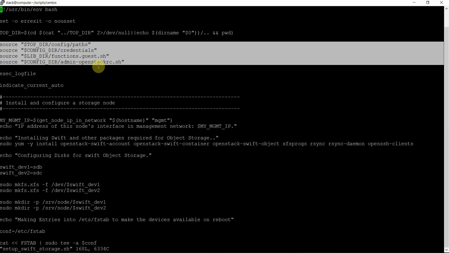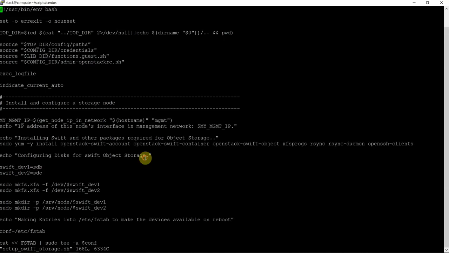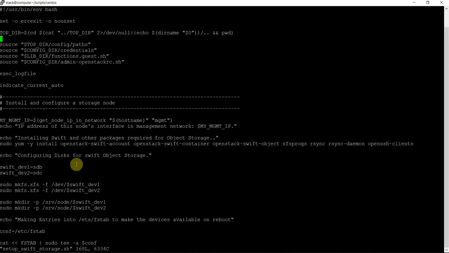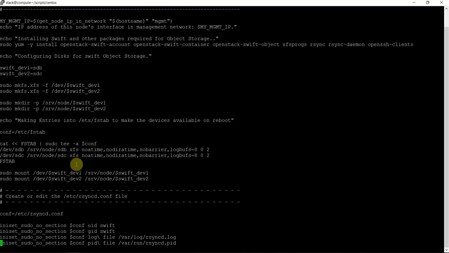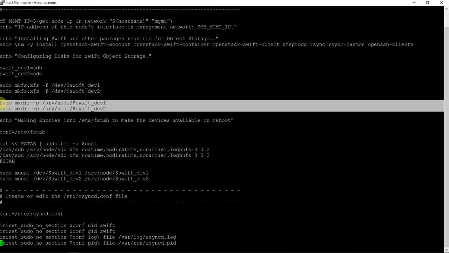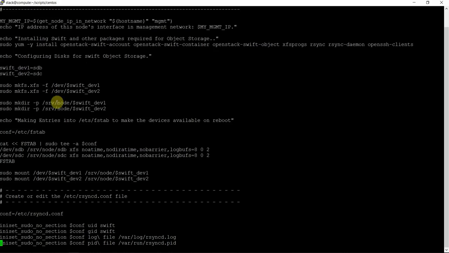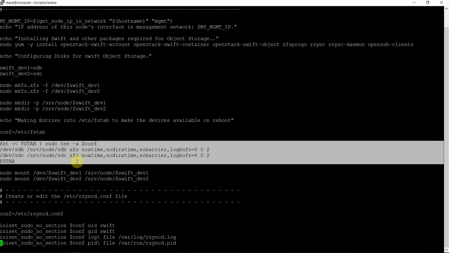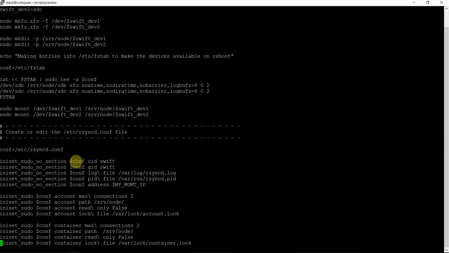It is sourcing the files and installing the packages. SDB and SDC are my two devices. Making a file system on the devices, then creating a directory for the mount point, mounting the devices, and making an entry into fstab so that these devices are mounted on system reboot.